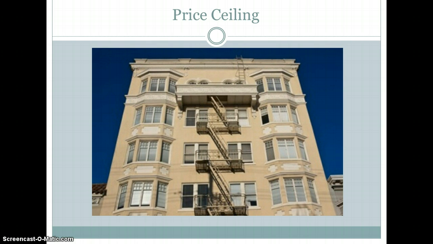Also, because these prices are artificially low, the supply has gone down. If you look at this, suppliers want to make money. If you look at our supply and demand chart, when we have a low price, an artificial equilibrium price, many people who would have built apartments in New York are not doing it. So what happens if supply goes down? Well, supply goes down, so prices for other apartments go up. They go up, so there's not as many apartments now. And this is kind of keeping other apartments' prices up, actually, because people don't want to build because of these